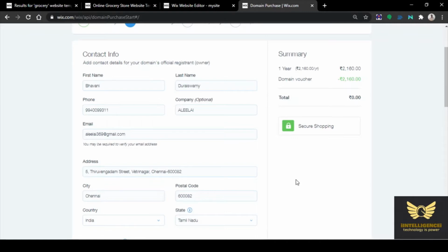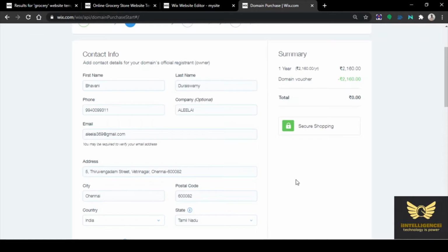Also, the websites of Wix, the templates given are huge in number, with different professionally designed websites. You need to just drag and drop or edit the website. And excellent features are provided in this Wix.com platform. The amount that we pay online to get this website in Wix.com is also very minimal.